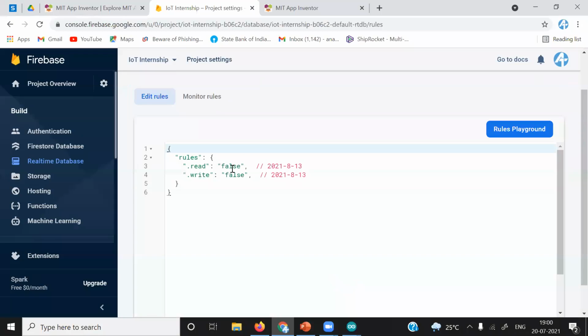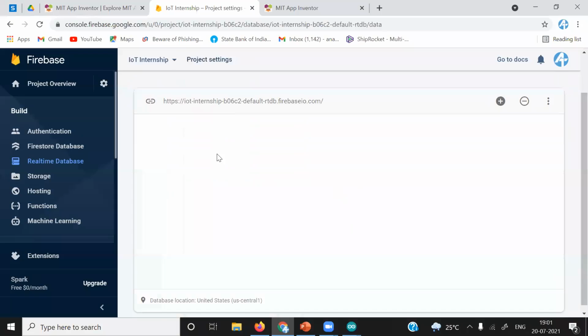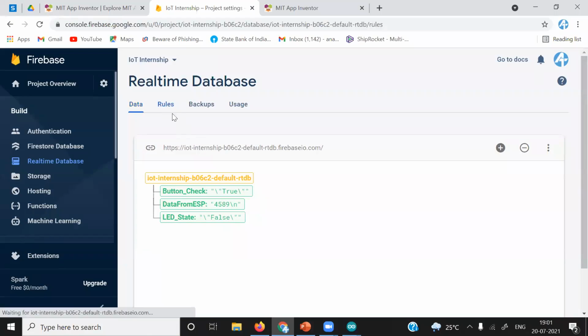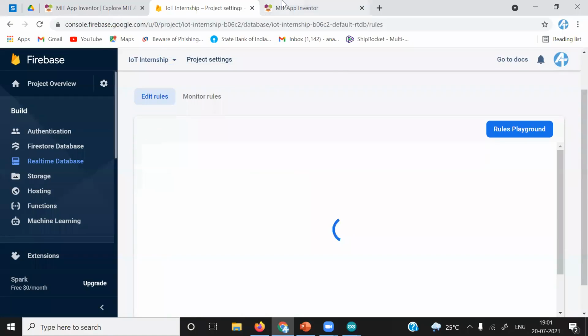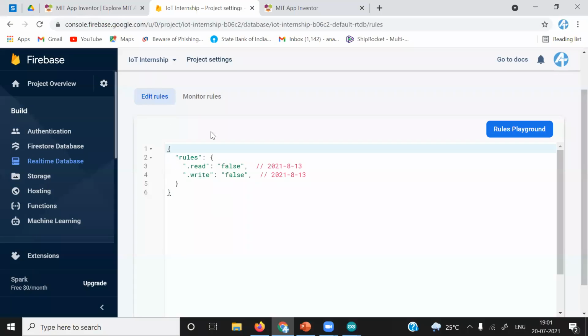It is not that secure, but still you must make it false, false. If I make it true, true again, and even if I remove this database secret, you can still access the real-time database.